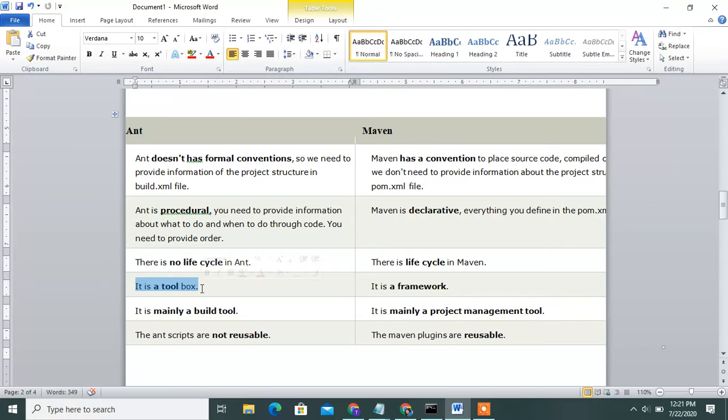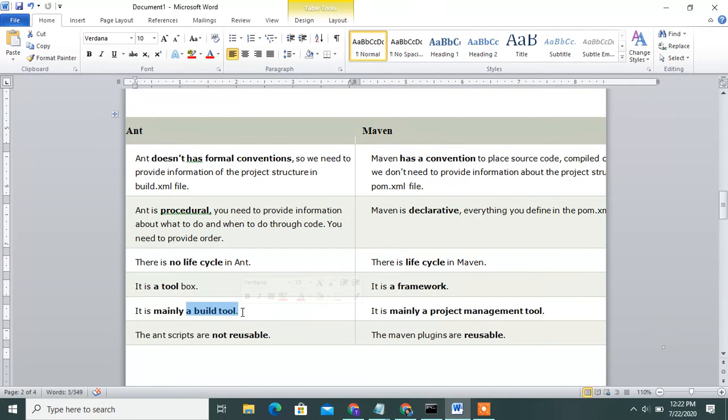Ant is a toolbox, only providing goals, which you execute one by one, like compile and test, that you mention in Ant. Maven is a framework, where you run Maven goals, and you can provide documentation, reporting, and dependencies also.